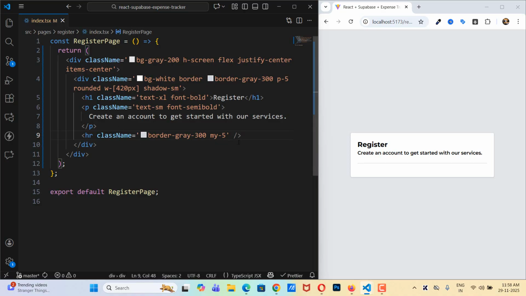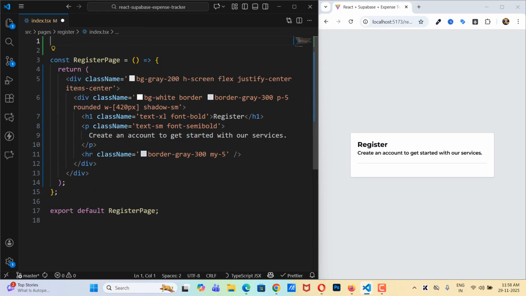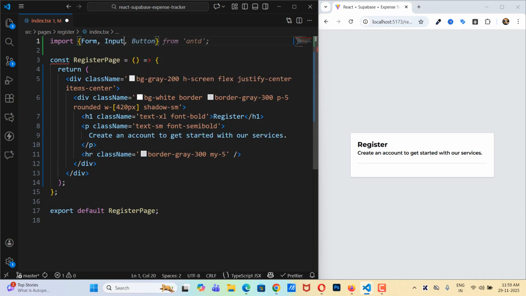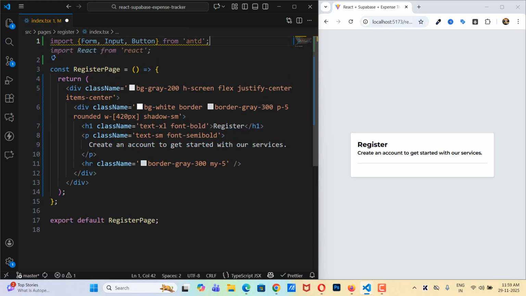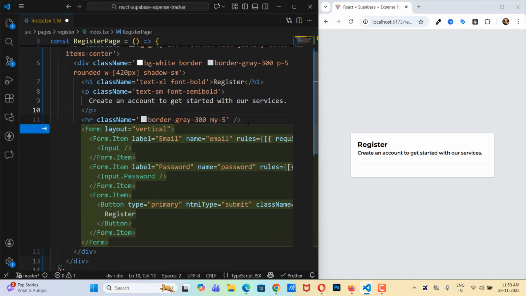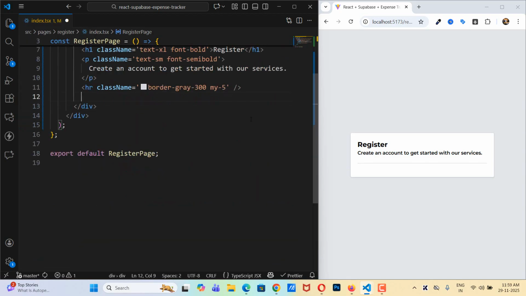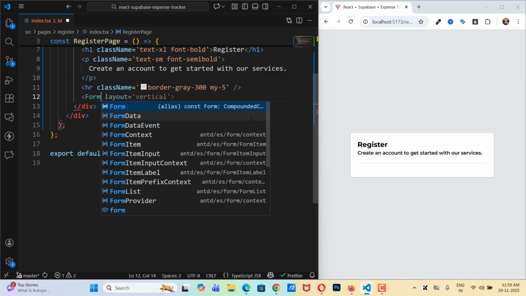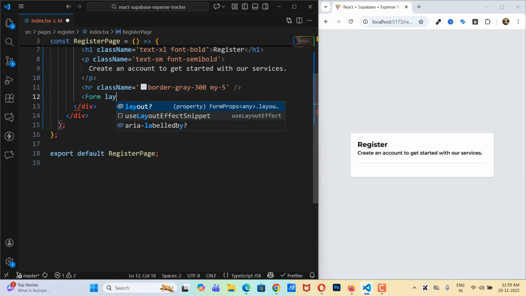After the HR, let's import the form components. So first I'll import form, then we need input, then we need button from antd. That's done. It is writing the code for us, but we will type it so it will be better understood. So we need the form tag. Form and layout, that will be